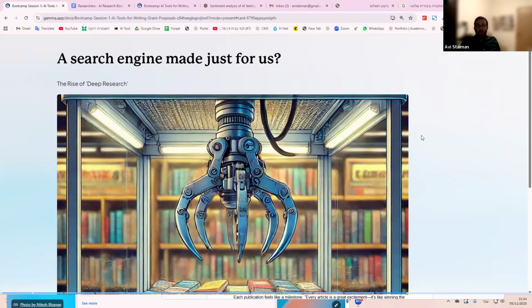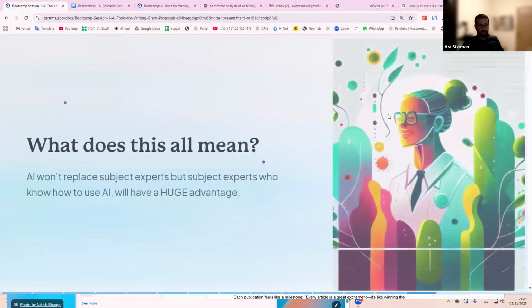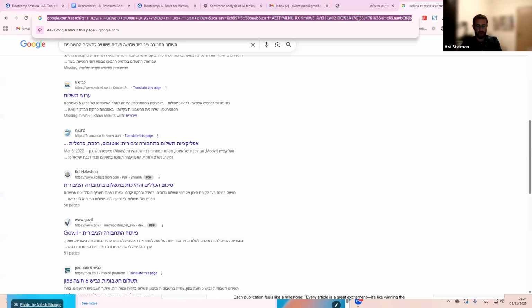Okay, so when GPT, or we're going to look at Perplexity momentarily, uses a tool called deep research, what it means essentially is that they first do a deep dive to see which content sources are best suited to answer your question, and then they interrogate those sources and give you an answer. But the big difference is that when I give you that answer, I actually give you the citation for the answer. I give you the source of it. So I maintain the legitimacy, or the chain between my answer and where the answer came from. So let me show you exactly how we would go about doing that.